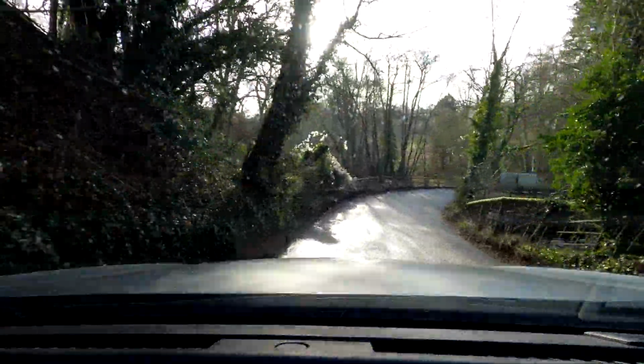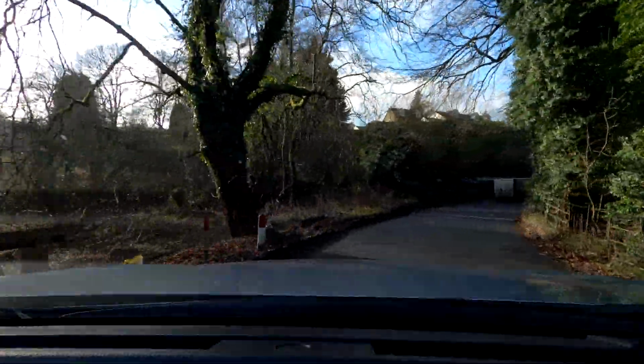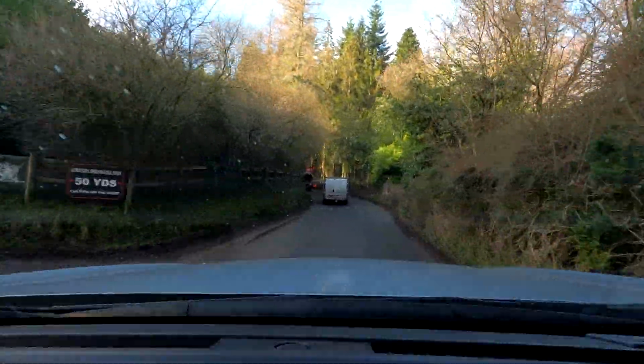So we've got a couple of minutes of this, then we get to the airport, and then we've got all the different bits and pieces that you have to do inside the airport. We have a look at some of the different Lego sets, which should have been a video. Then we find the plane, get on the plane, bit of footage on the plane, then we land in Billund,